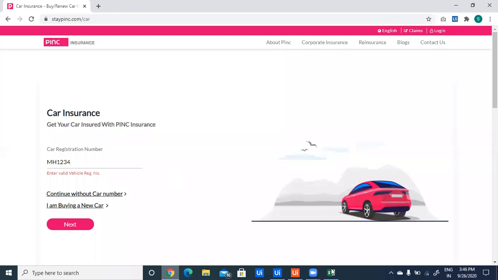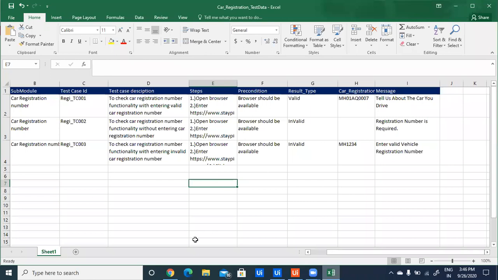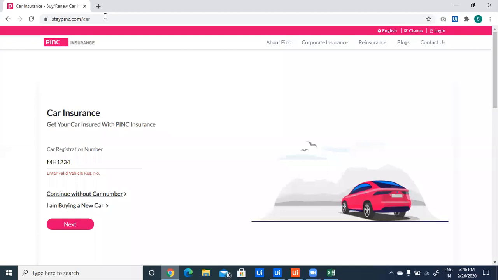So we will compare this actual result with this expected result. Now we will see how we have to create test cases in the test management tool.